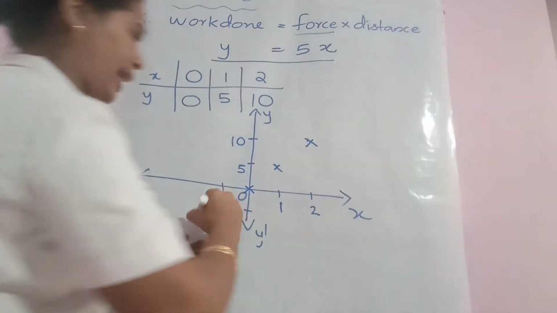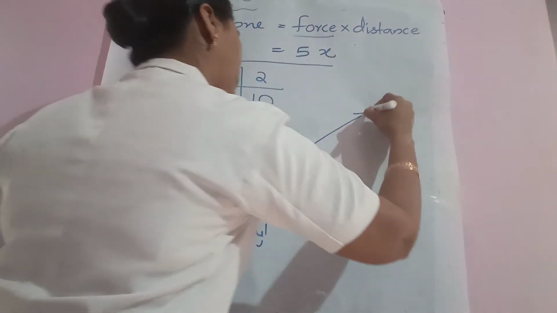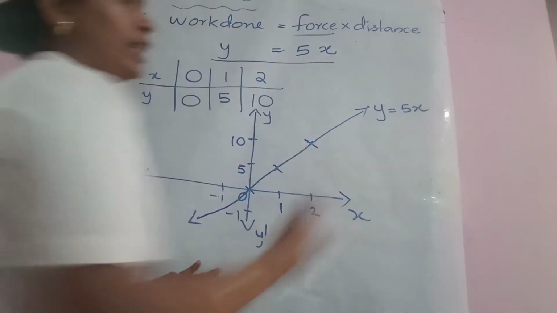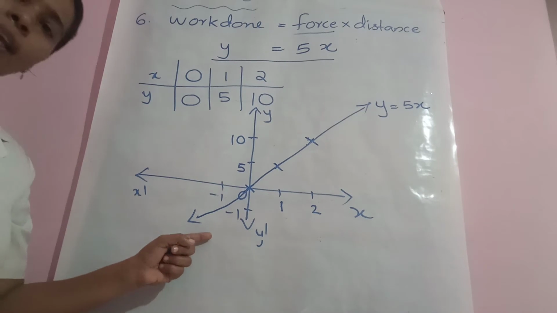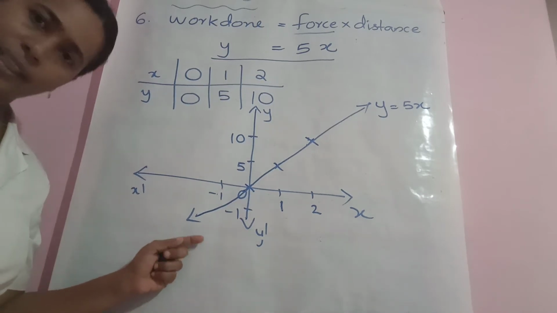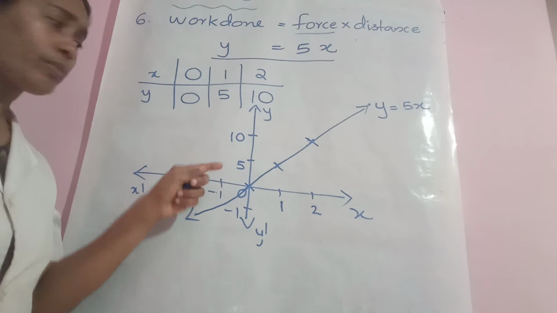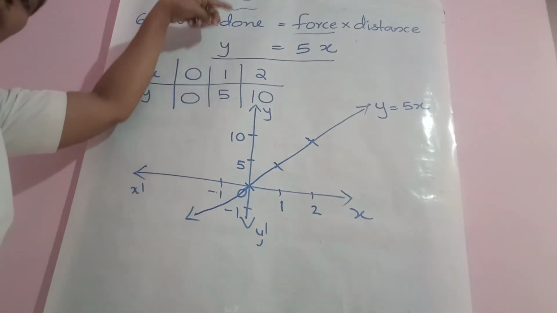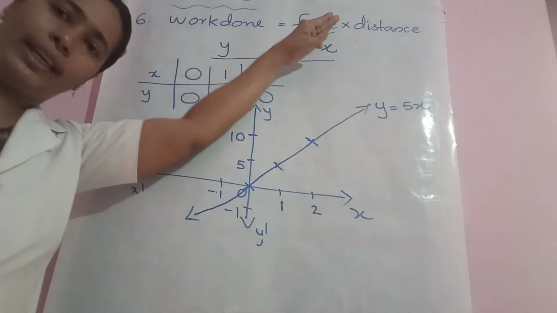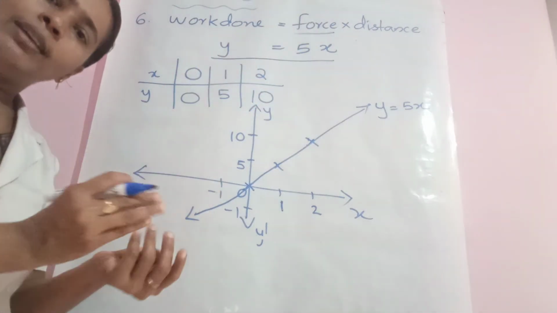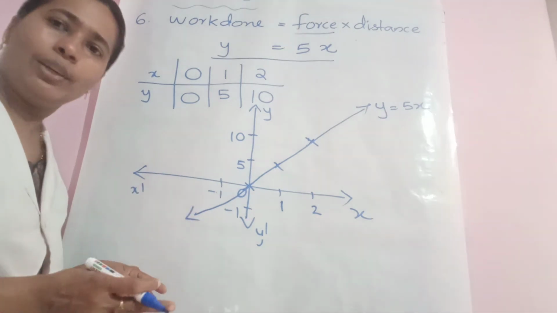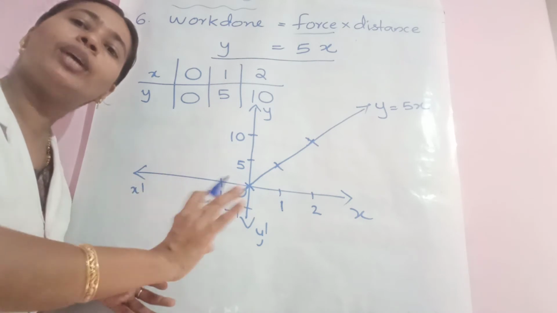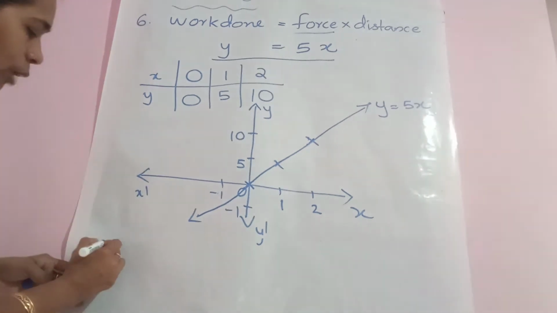Now using your scale and pencil, if you join the 3 points, you can see that it's a straight line passing through the origin. Is it clear? Okay, just mark the points. Those who don't want to mark 5, 10, etc., you can keep it as 1, 2, 3, 4, 5, 6 up to 10. Then you will have a little bit bigger line. That's enough. The scale is up to your choice. You can reduce the scale or increase the scale according to your graph sheet or your convenience. So let us move to our 7th question.